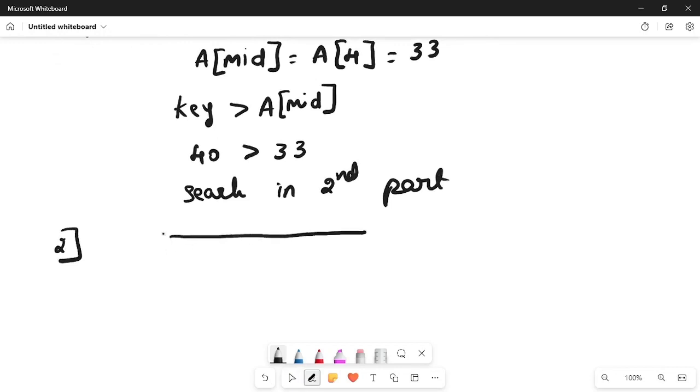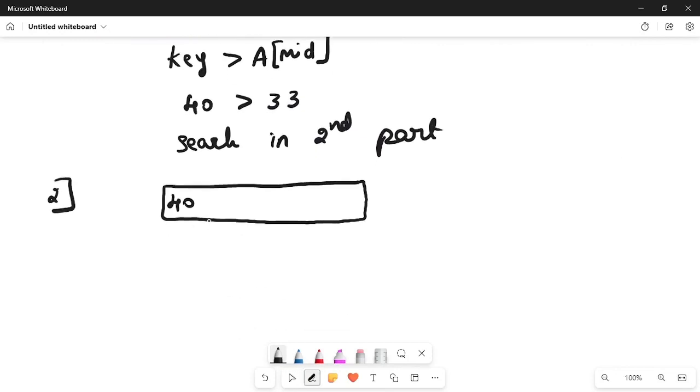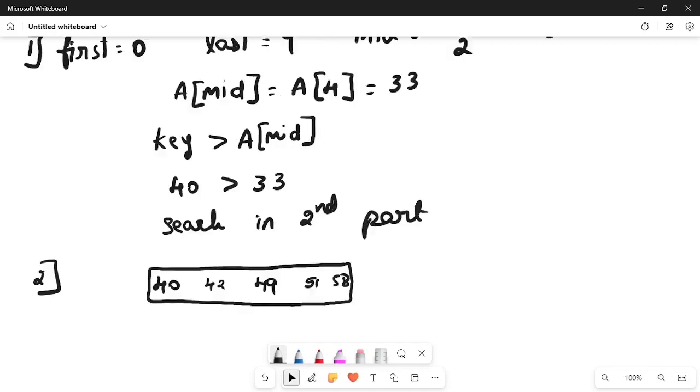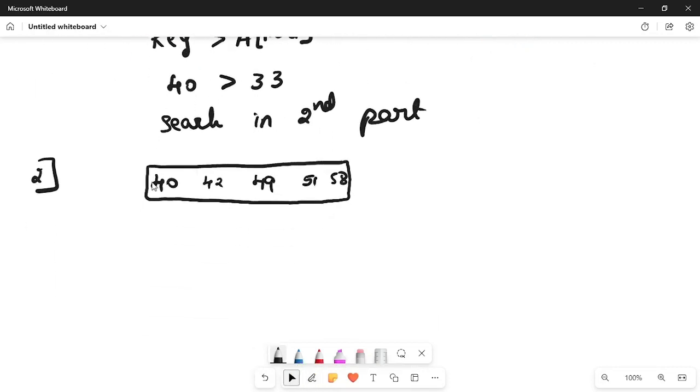So searching in the second part. It starts from 40, 42, 49, then 51 and 58, I guess. Yes. Okay. So this 40 is at index 5, 6, 7, 8 and 9. These are the indices. Now when you are doing this procedure where key is greater than A of mid, you